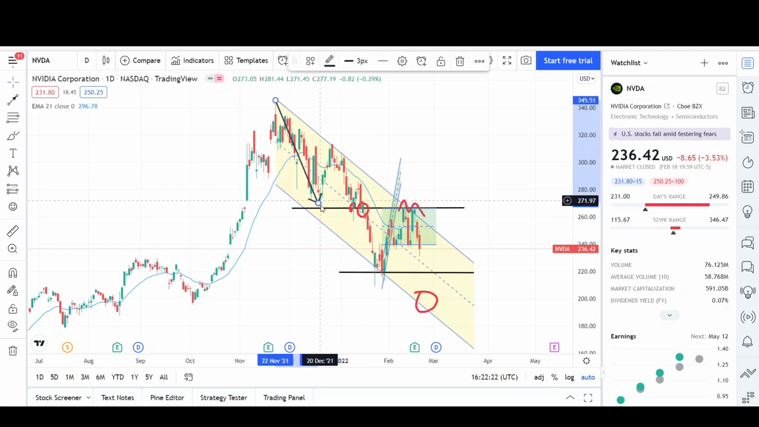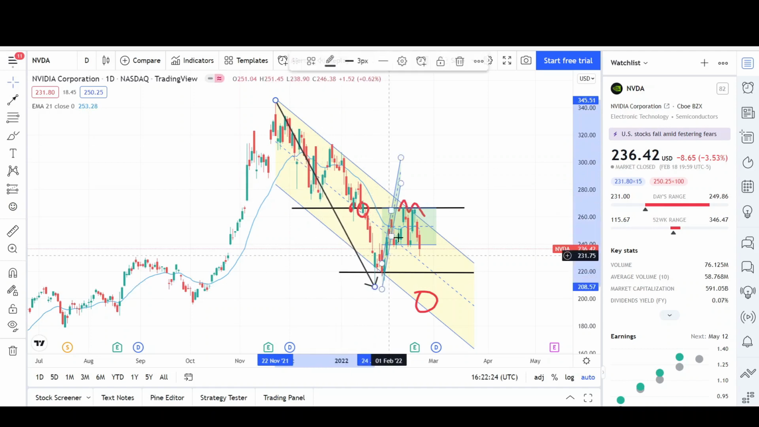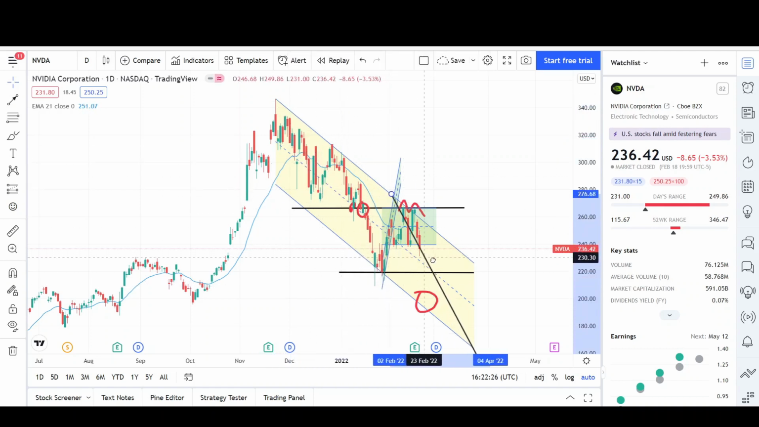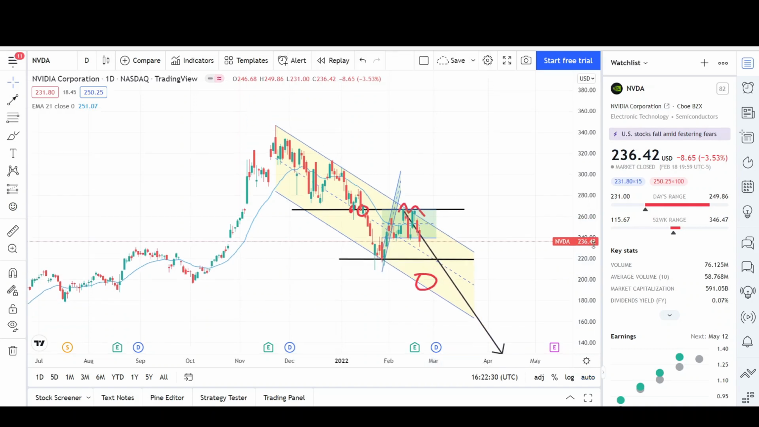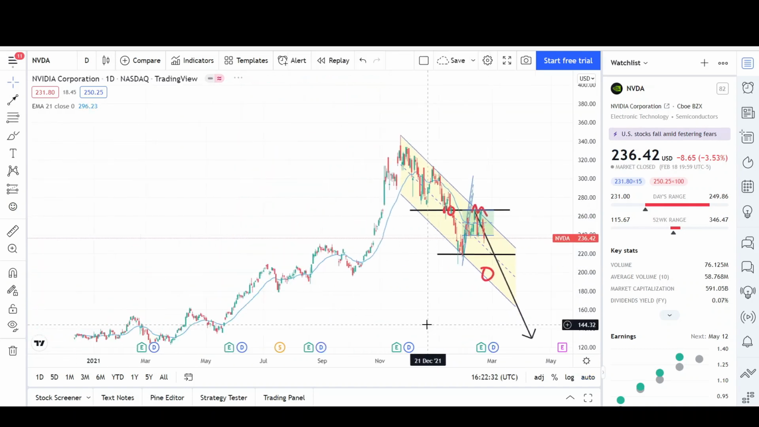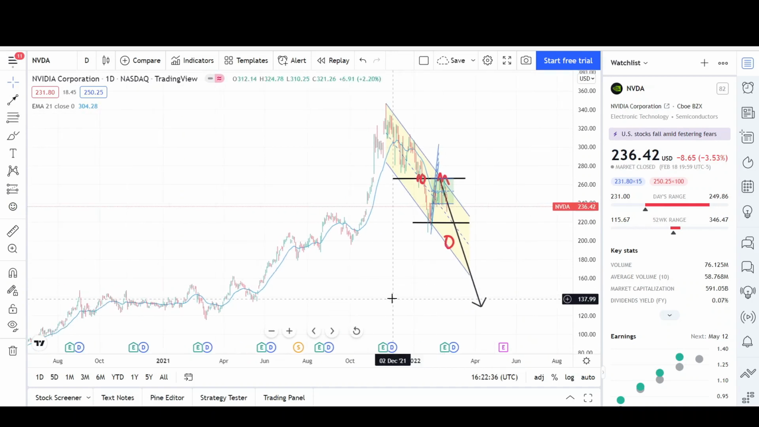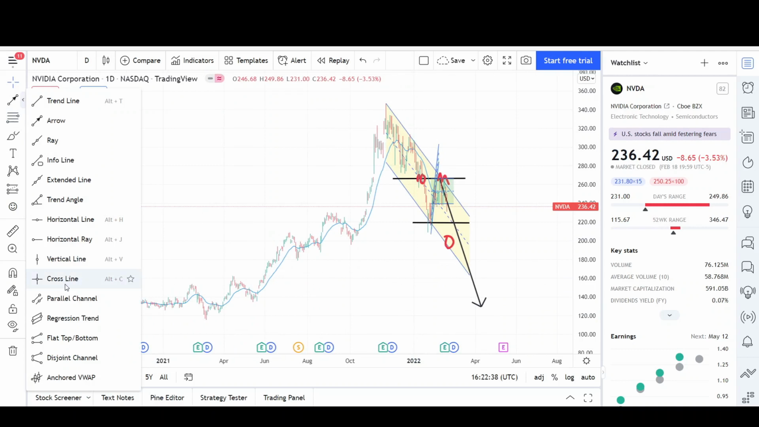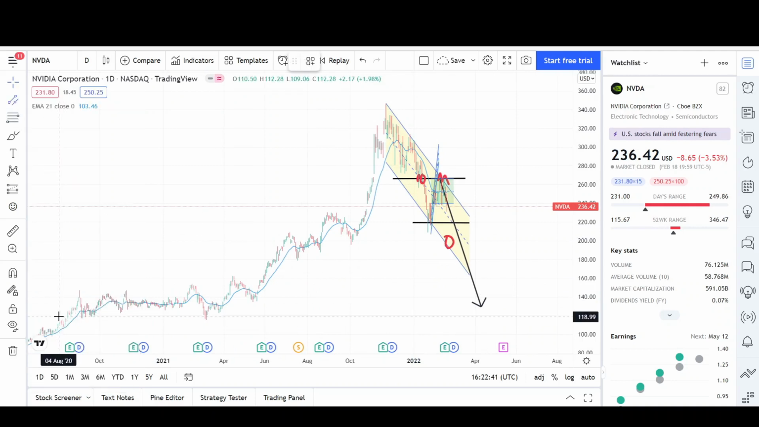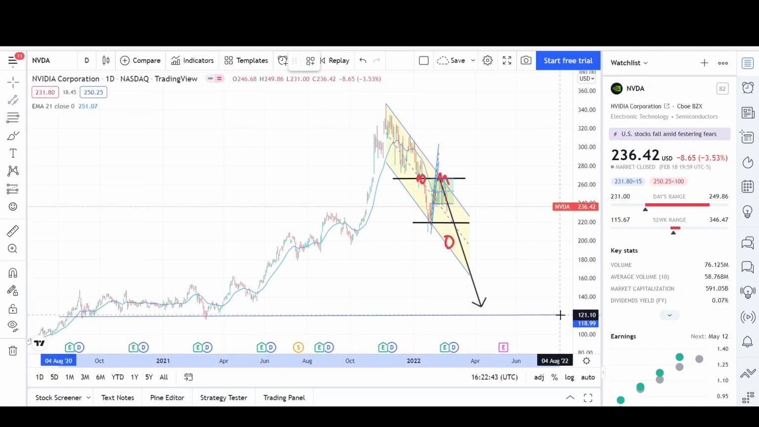So if I combine the two measured moves and price action does continue to trend lower and lower, then this would be a potential target that price can reach. And it's very low. It's right at the 130 level. And it does make sense because this area was a previous base for NVIDIA. You can see that this base